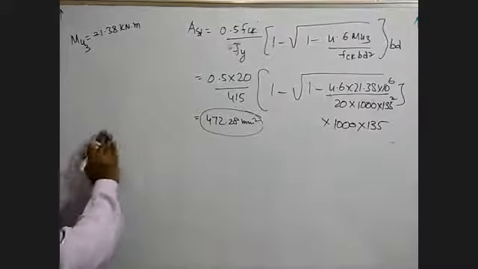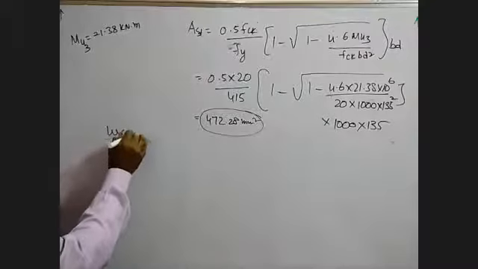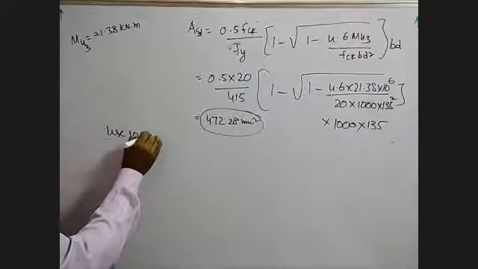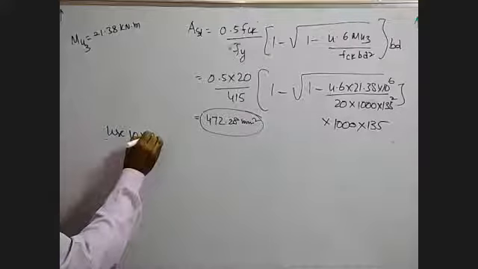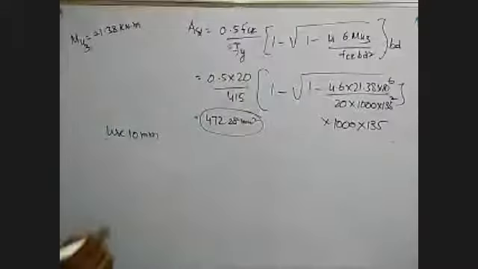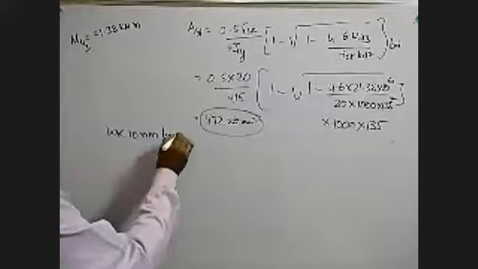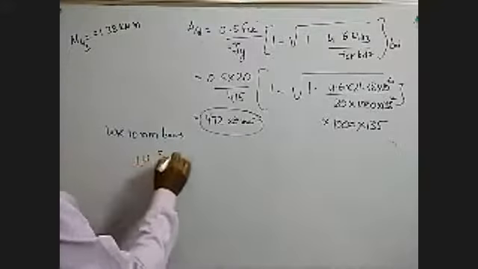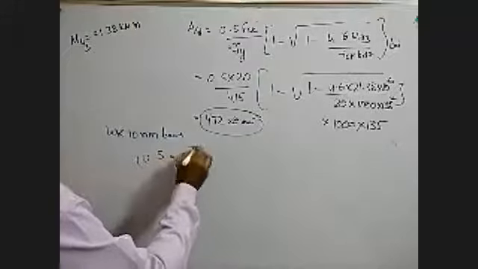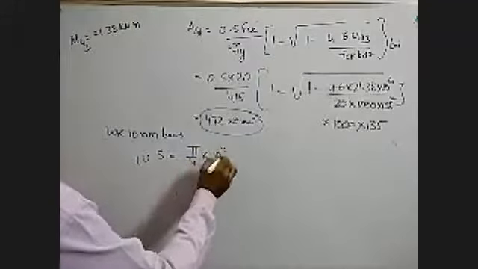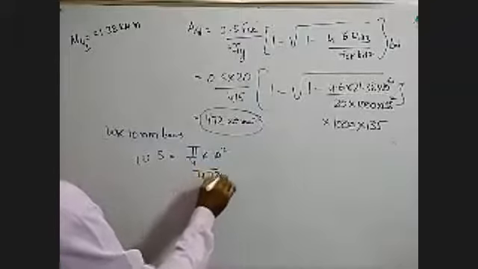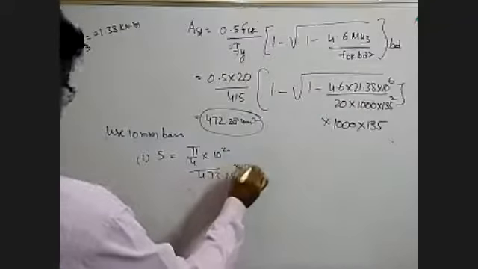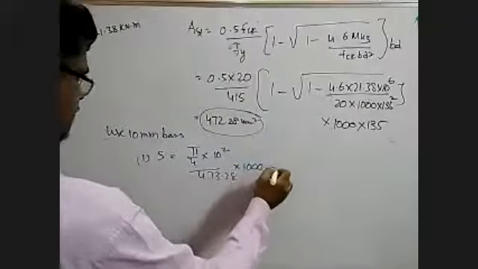Again calculate, use 10 mm bars. Normally first we use 8, 10 and 12. బాగా heavy load span ఎక్కువ ఉంటే 8 to 10 యూజ్ చేస్తారు. So use 10 mm bars. First spacing S is equal to area of 1 bar, 5 by 4 into 10 square by 473.28 into, so you'll get